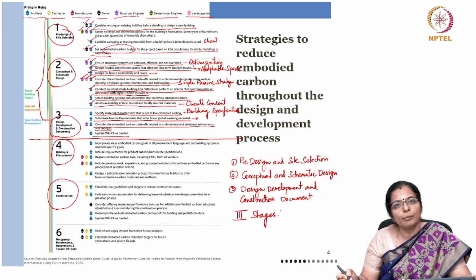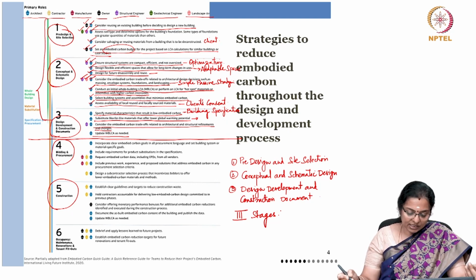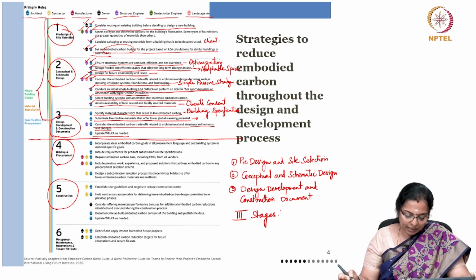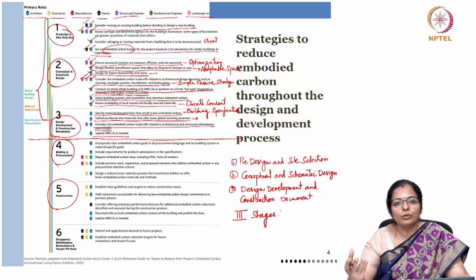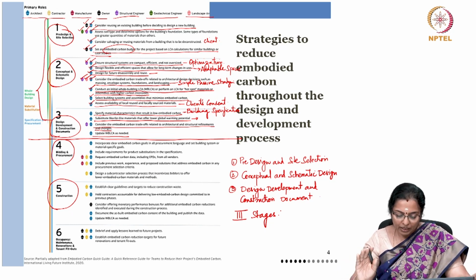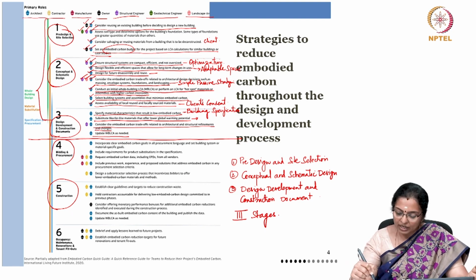Stages after that, like bidding and procurement or construction, are more about seeing how your design decisions are carried forward and how they are implemented. So, in these three stages, the architect's role is very crucial in even trying to convince the